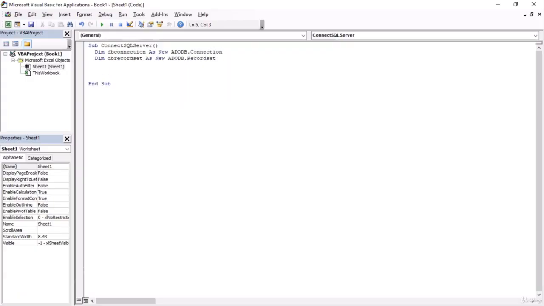With the connection object, we will open a new connection with the server. For that, we need to pass the connection string to the object. Connection strings are nothing more than a list of parameters, a dictionary if you will, where we set values to certain variables. The list of variables depends on the driver that you want to use to connect with the server